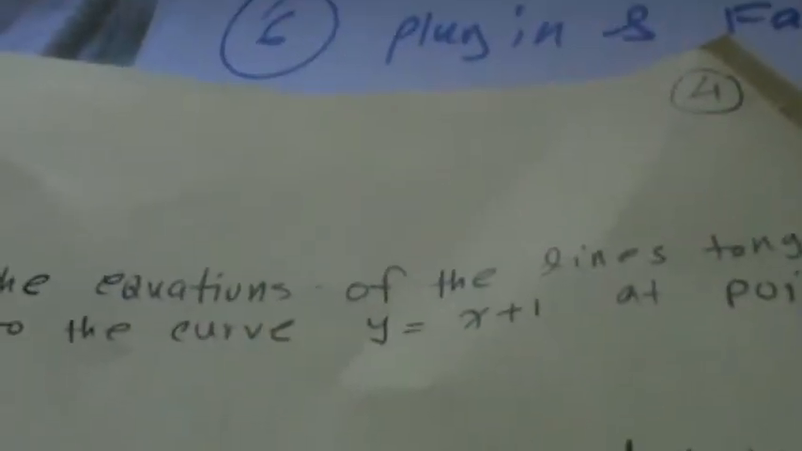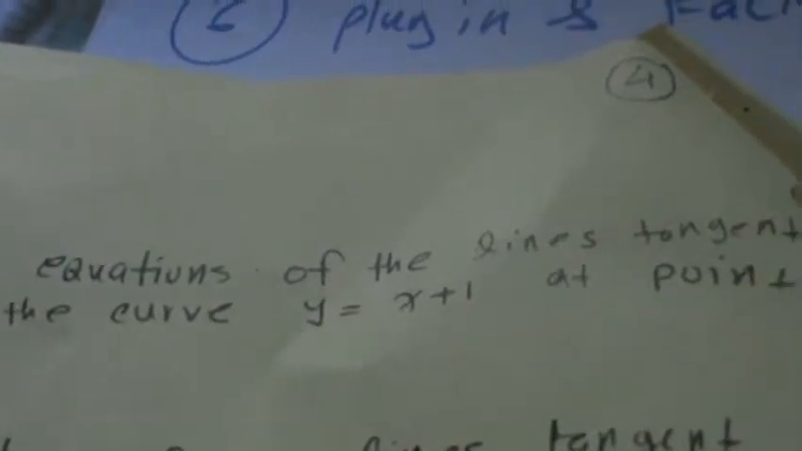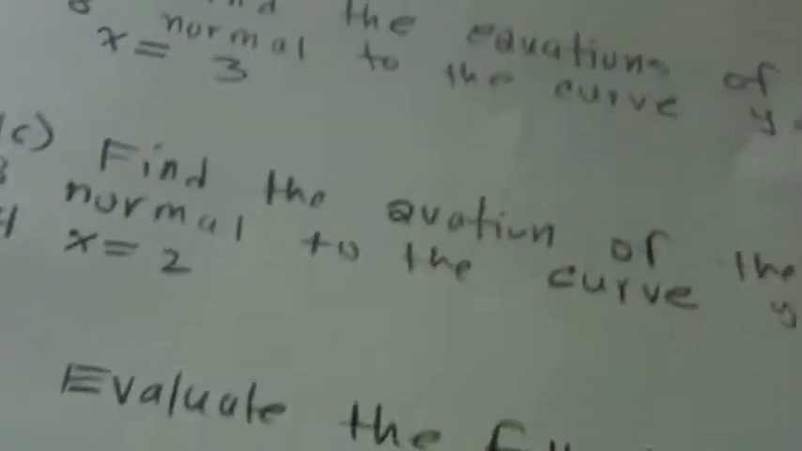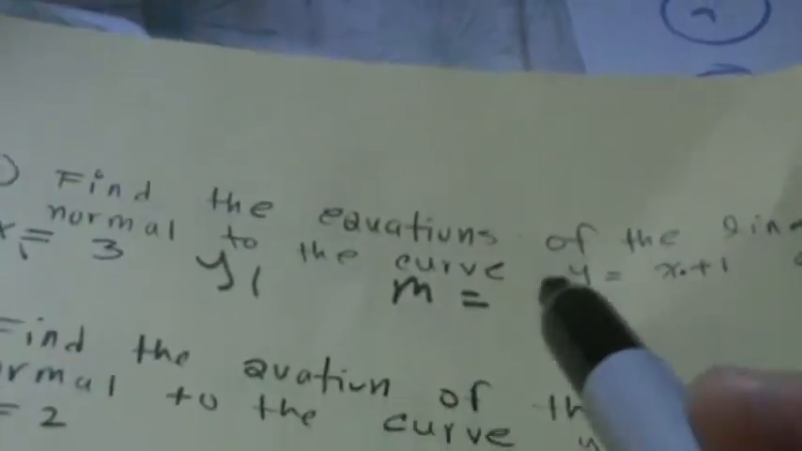Number 15, and 16. Find the equation of the line tangent and normal to the curve y equals x plus 1 at the point x equals 3. Okay, so I gave you x1. You have to find your y1. To find y1, plug x1 into this equation. And you also have to find m. And to find m,